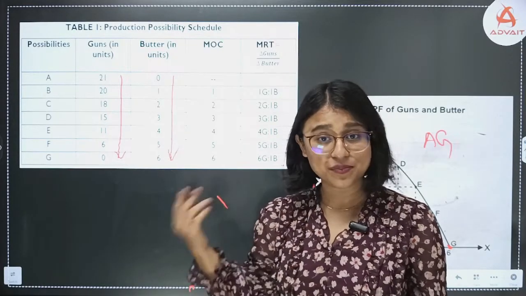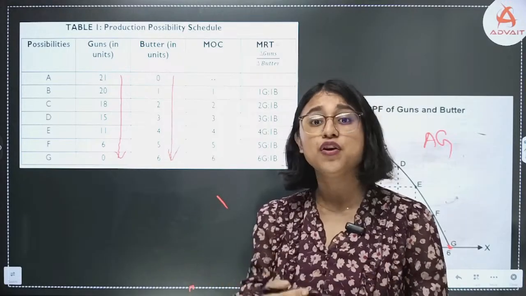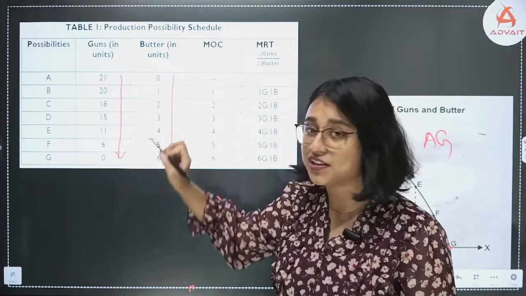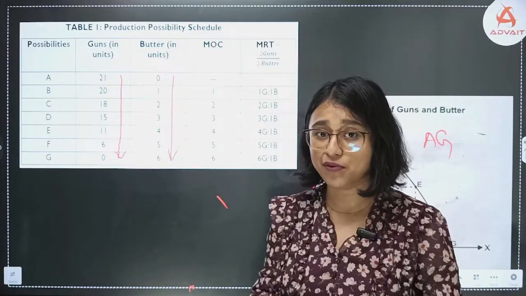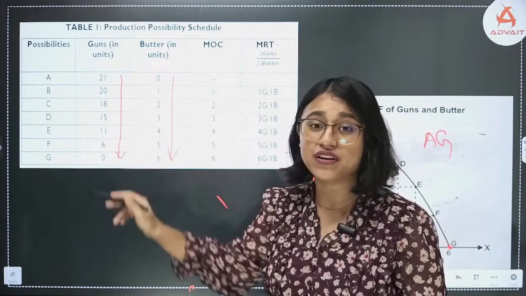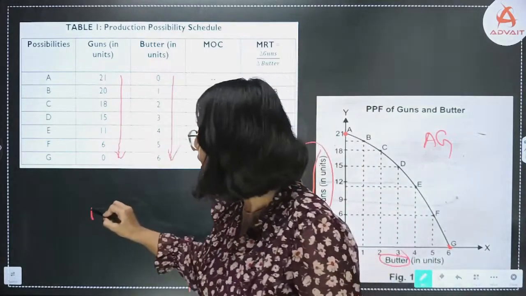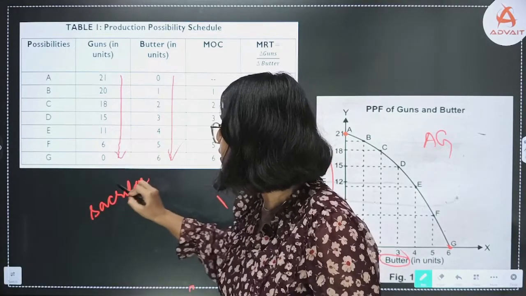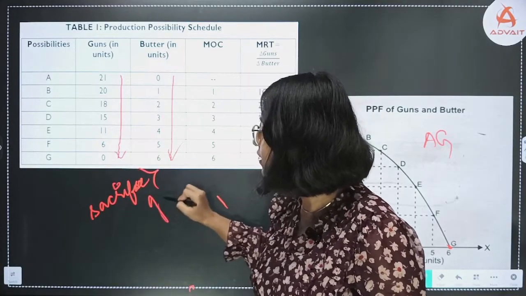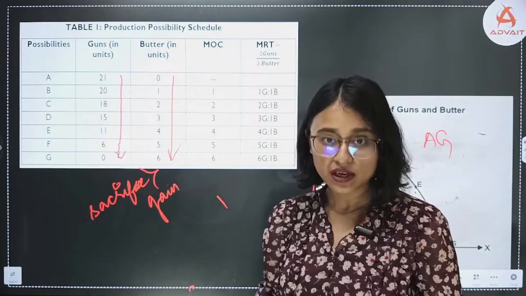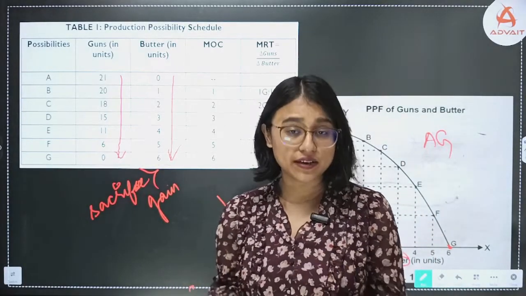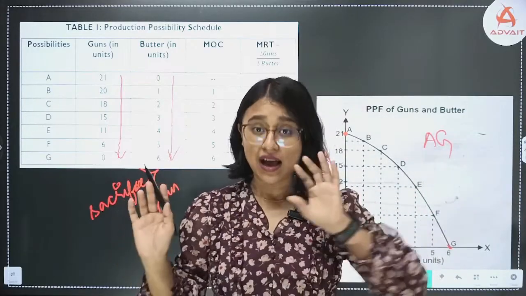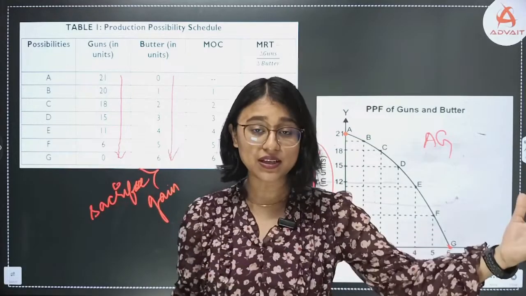Butterৰ production বঢ়াবৰ কাৰণে আমি gunsৰ production কমাব লাগিব. কিন্তু এটা বস্তু মন কৰিবা, ইয়াতে আমি butter অকল one unit বঢ়াই গৈ আছো, কিন্তু sacrifice of guns is more. তাৰমানে কি কৈছো আমি, the amount we are sacrificing is more than what we are gaining. Right? Ekhini monot rakhiba, we will understand in depth about this concept in the next slides.